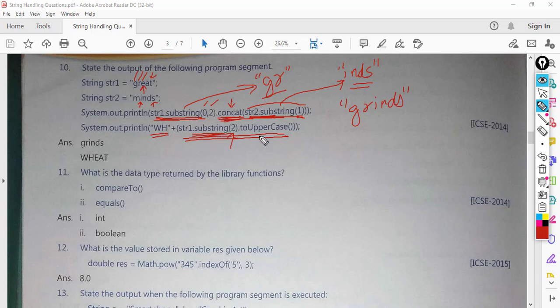So the return value of this function call will be the string "eat". And then you are calling the toUpperCase function, then this "eat" will be converted to "EAT", and this EAT is concatenated with "wh". So the word becomes "wheat".